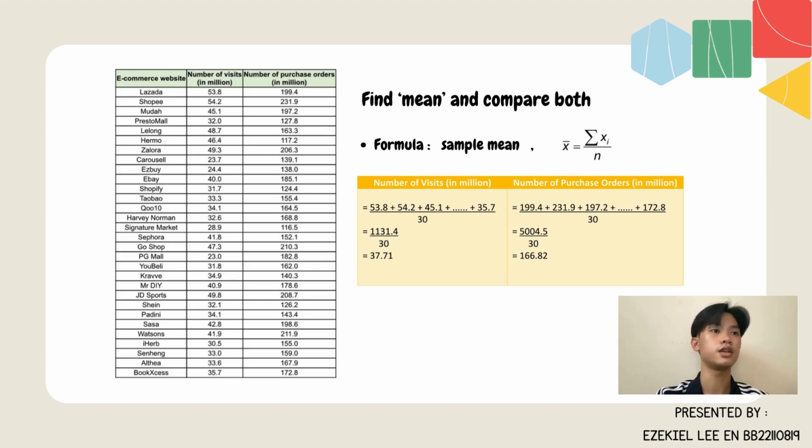1131.4 million and divide it by 30, which is the total number of e-commerce websites, and we will get 37.71 million. As for number of purchase orders, it is also the same. We total up the numbers, from 199.4 plus 231.9. We add until the last number, which is 172.8 million, and we divide again by 30, and we will get